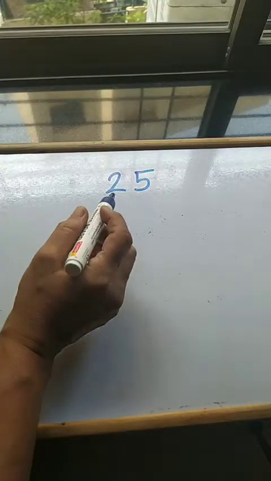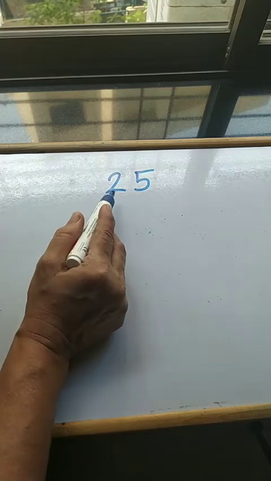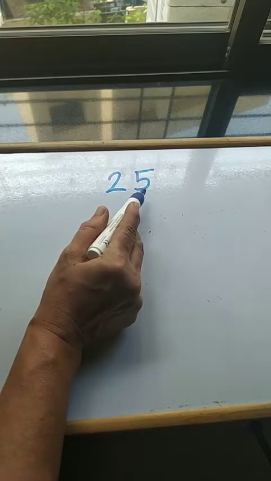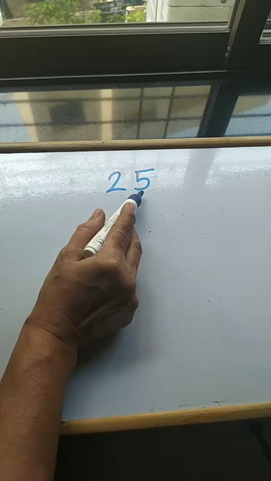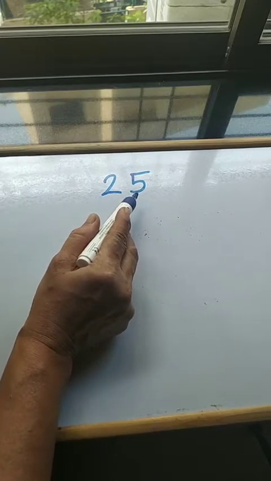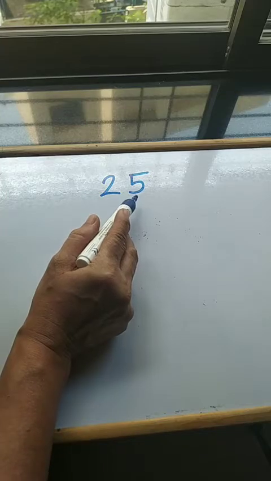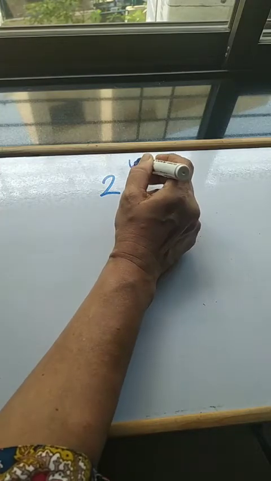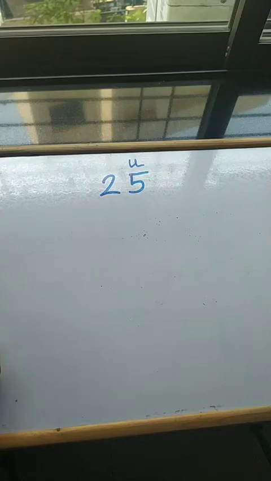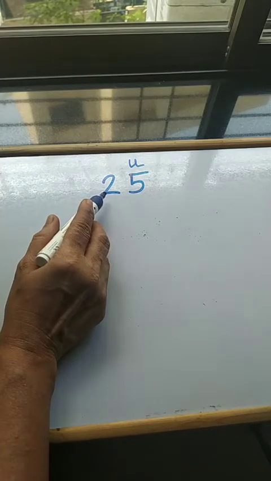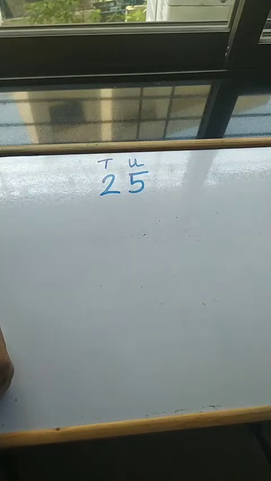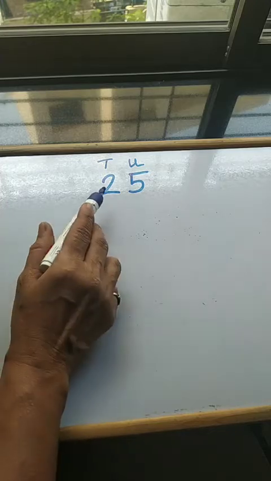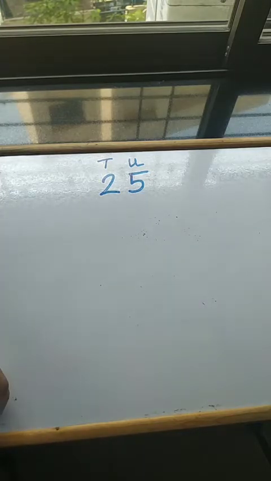Here is a number 25. Now in 25, how many digits are there? There are two digits. Number 5 is in a specific place. And what is that place? It is units place. Number 2 is in tens place. So these sums which are there for framing the equations are only using two-digit numbers.